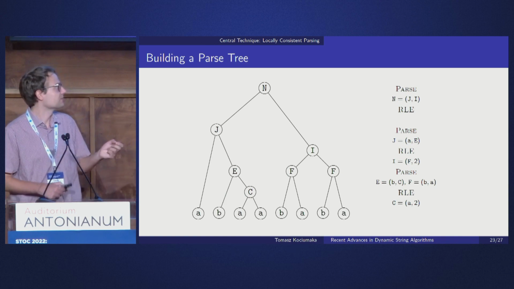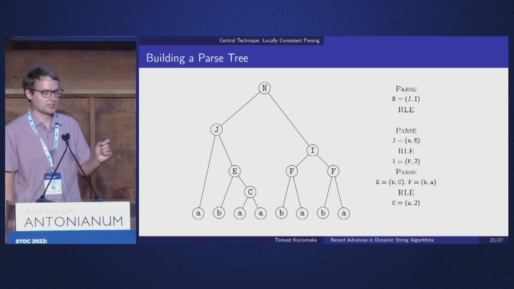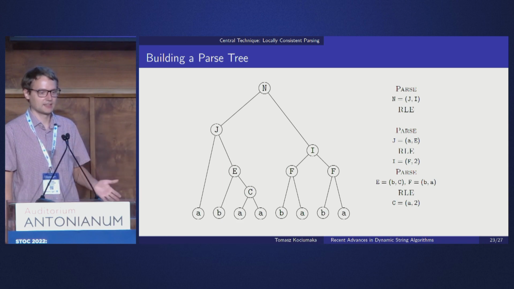So some of the nodes, like this BA, are grouped into F. The consistency pretty much means that the second occurrence of BA is also grouped into the same F. And this way we proceed bottom up until we have a single character,